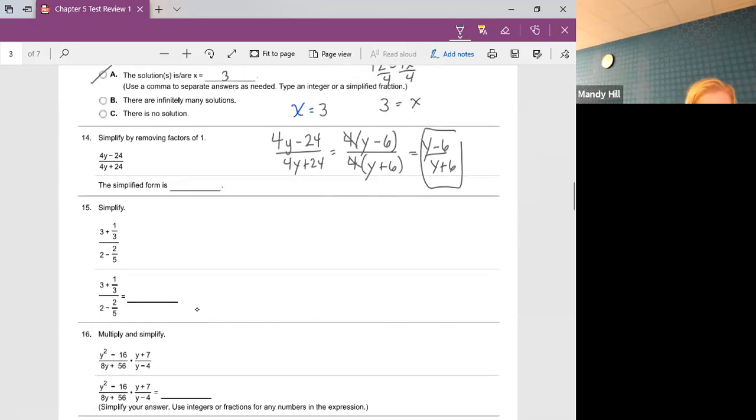I really think the smartest way to do this problem is to use your graphing calculator. The fastest way is to type this stuff in the graphing calculator. I'm going to switch over to my graphing calculator so I can show you. But it's possible you might want to just figure out what the top is and then what the bottom is, and then divide it instead of trying to type it all in at once. But if we go to our graphing calculator on this one,